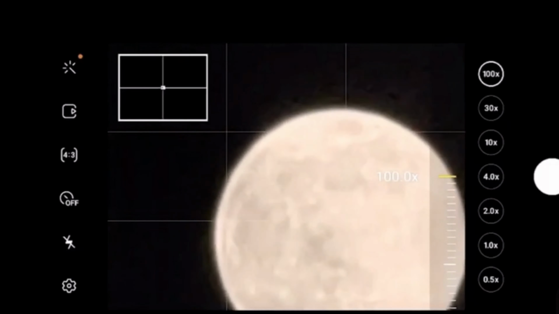Guy literally zoomed in on the moon's surface with its 100x zoom camera. Oh my god, it's too much.